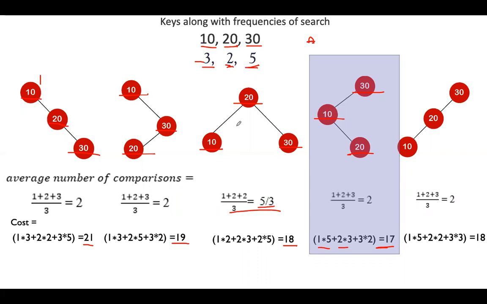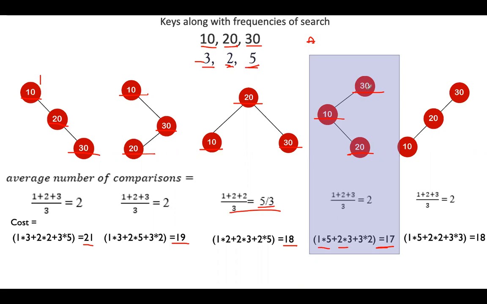Okay, this was good when we talk about the number of comparisons. First, when the frequencies are given, the number of times a particular key is checked, if that frequency is given for each and every key, then we can easily observe that this is the best tree organization.